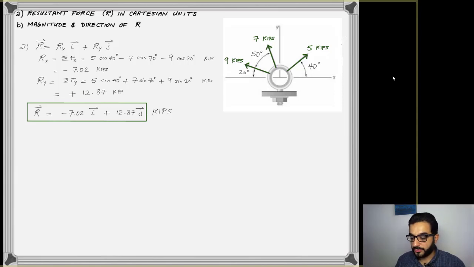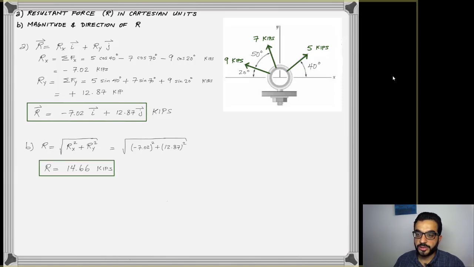Part B is looking at a different representation of the force vector by calculating the magnitude and the direction. The magnitude here is the square root of the sum of the components of the vector to the power 2. So doing just that simple math here, you will end up with the magnitude of the force. It's a scalar value. It's not positive or negative. It's a scalar value of 14.66 kips. The direction, now,